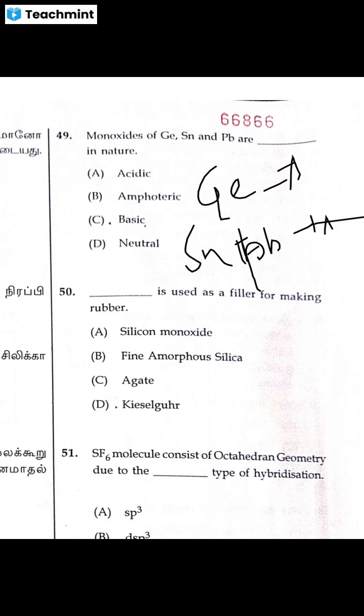dash used as a filler for making rubber. Okay, then in this case it is silica. Silica, SiO2, that is fine amorphous silica. The next one,